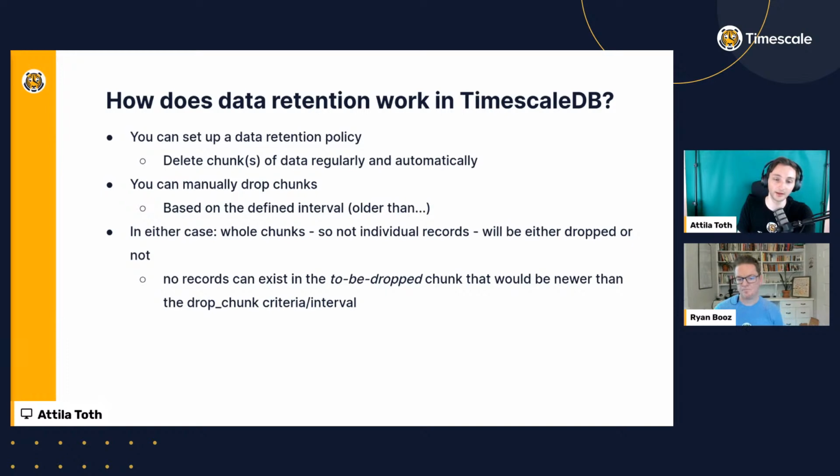Now, in either case, if a chunk is going to get dropped, so not individual records, it will only be dropped if it doesn't contain a row from the given interval. So basically, if no records exist in the chunk that are newer, then it can be dropped. Does that make sense,